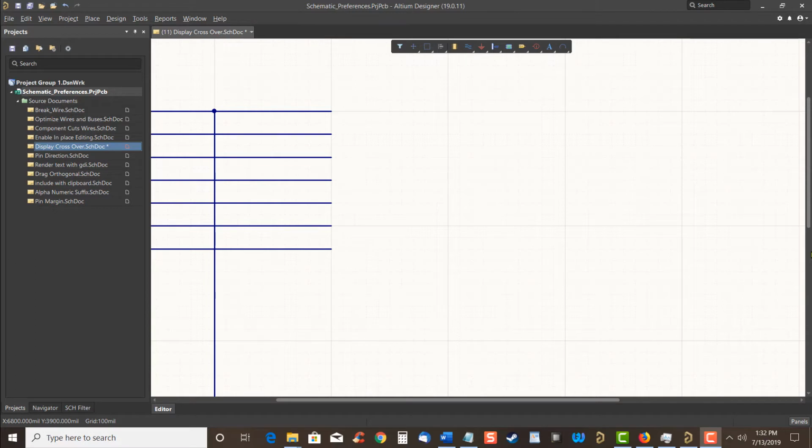Let's see an example. Here is a vertical wire, and this vertical wire is crossed by horizontal wires. This is how the Altium Designer schematic sheet will look by default. These wires are not connected, but if you want to change them, you can right click on the schematic sheet,